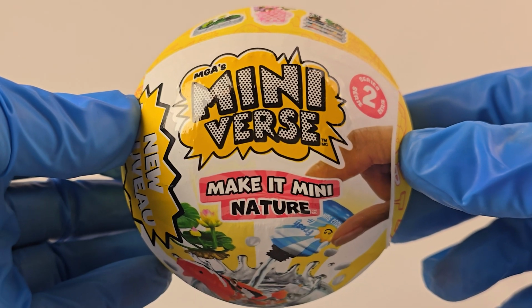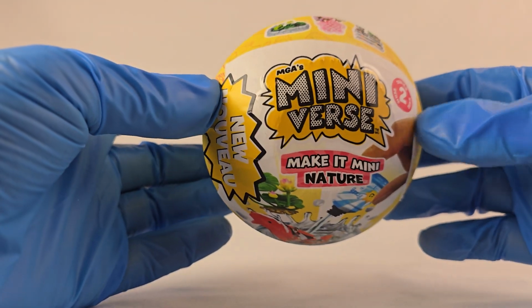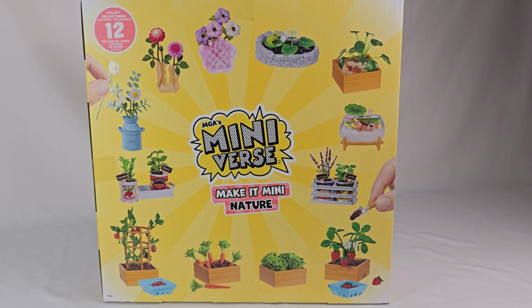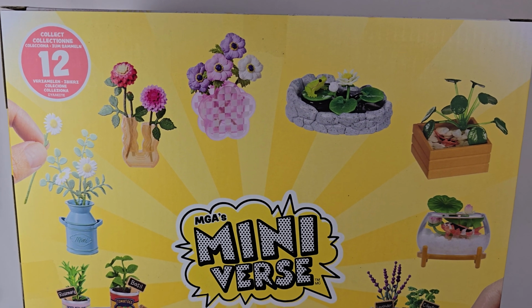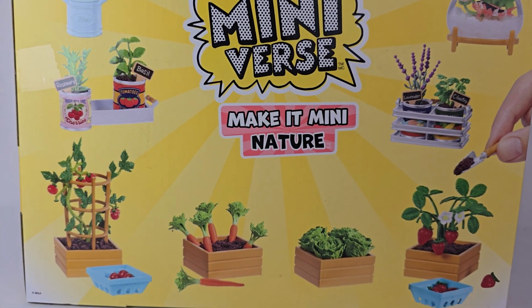Just as in my previous video, part 1, I'm going to share with you how to identify what's inside each ball and what's included in each of the kits in this series. The Nature Series 2 collection can be divided into two groups: 6 kits with soil-based creations and 6 with water-based creations. My previous video, part 1, focused on the water-based kits, so in this video, let's talk about the other